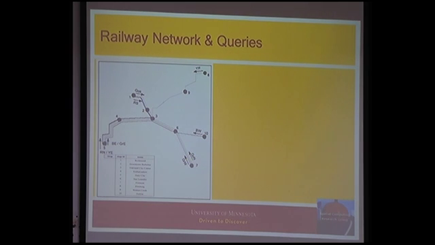Let's look at a second network, and this is sort of a railroad. In this case, we are looking at a metro-like network in San Francisco area, which has 4 lines. So these dots are the stops, and these are different lines. And